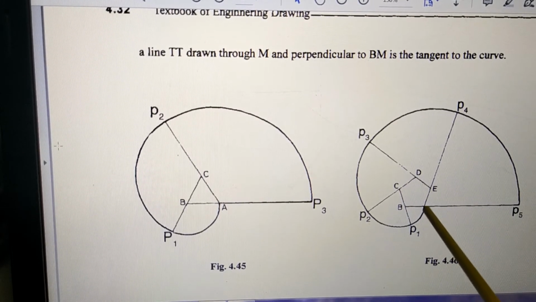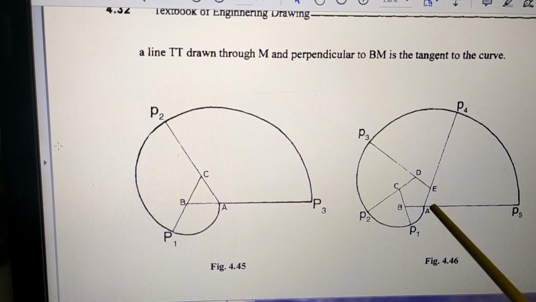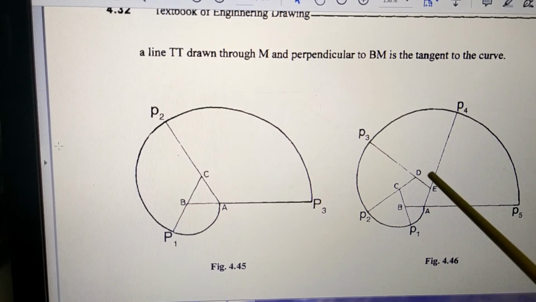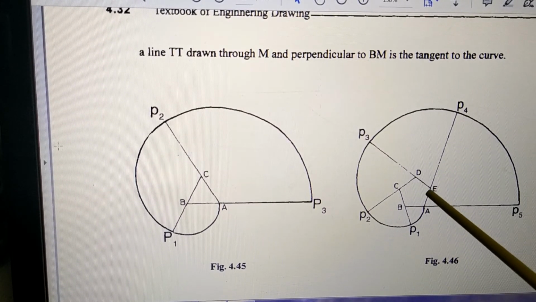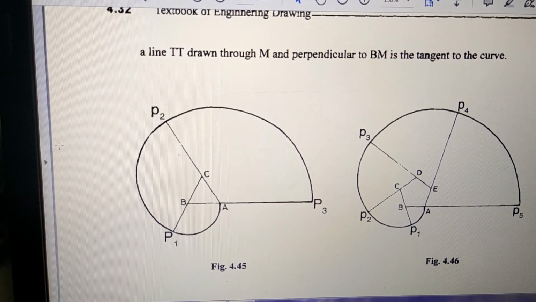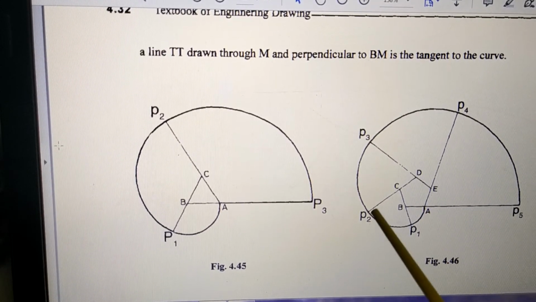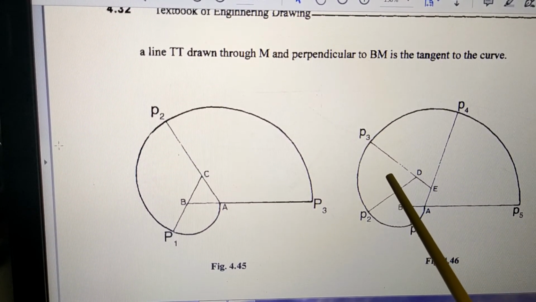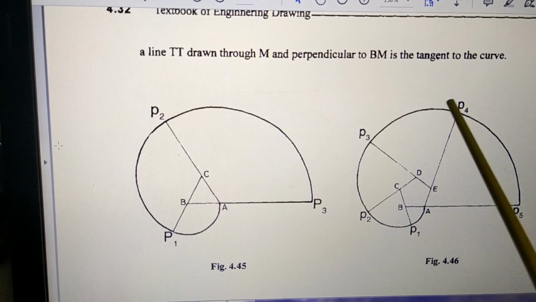For the involute, the involute curve is dark, and the object drawn, the pentagon or square or triangle, should be dark, and all the rest of the lines should be light. Like that, for each problem, suppose you have drawn an ellipse, then the ellipse is dark and everything else is light. And then you have to do the lettering. In this case there is P1 written, A written, B written. Here you have to follow the rules we have learnt for lettering.